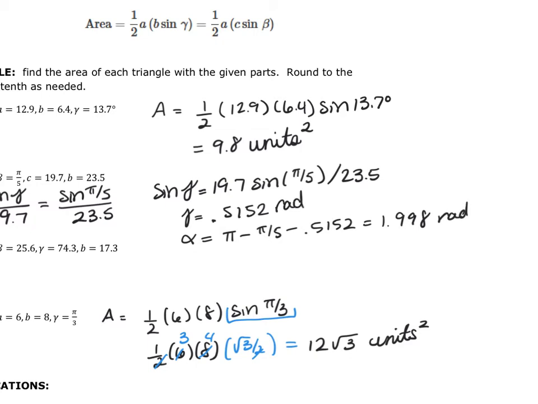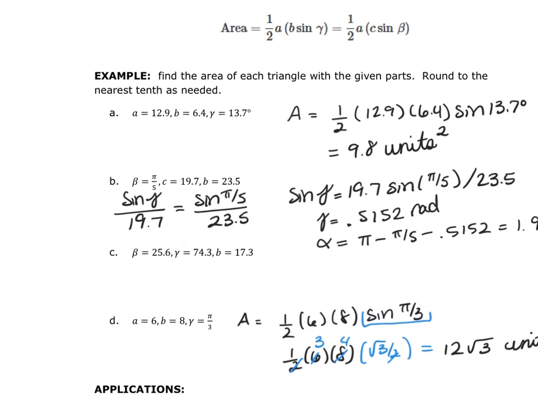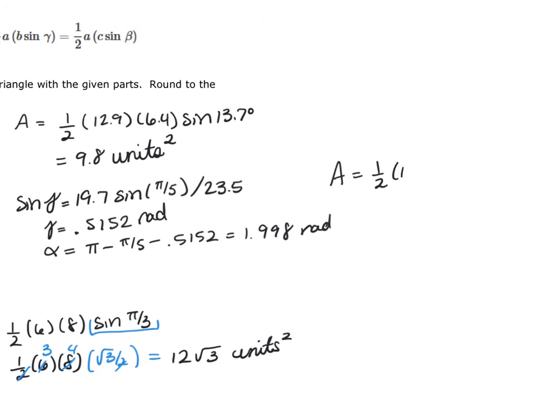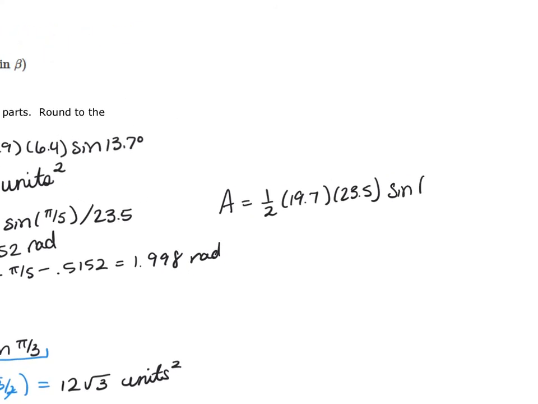So now that I've found that, I found the angle not opposite those two sides, I can find the area. Area is 1/2. My sides are 19.7 and 23.5. So 19.7 and 23.5. The sine of alpha, which is 1.998 radians. And so my area is equal to, make sure you're still in radians, 208.5, same units, 0.5 units